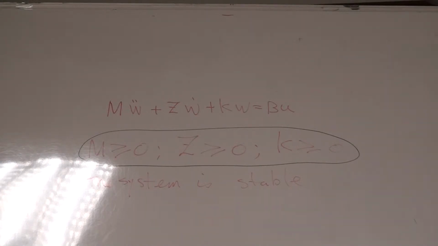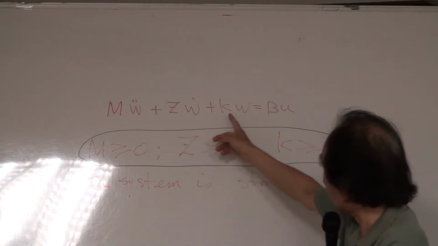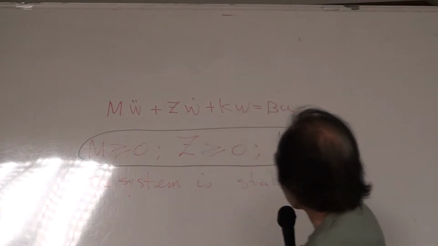The eigenvalue problem: M psi equals psi lambda, where lambda is diagonal with lambda 1, lambda 2, up to lambda n. Assume that this is diagonalizable. Fortunately, all the system matrices like this, M, Z, K, if they are positive definite,